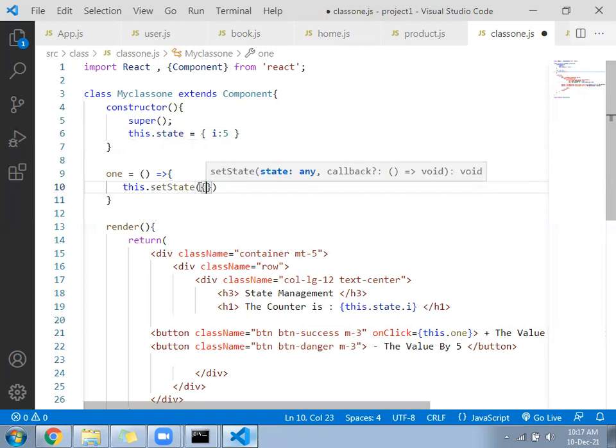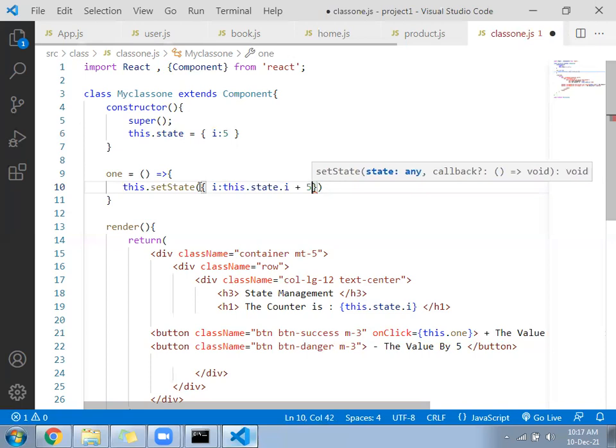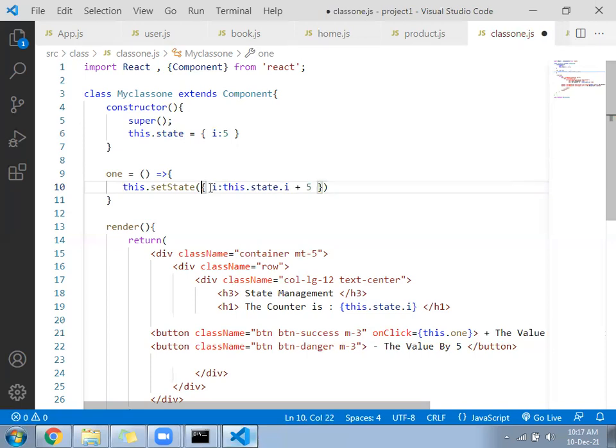Inside that, what is the variable name? i colon this.state.i plus 5. It's like A equal to A plus B. Instead of equal to, here we follow the colon. It should be i equal to this.state.i plus 5, so instead of equal to, we follow the colon.